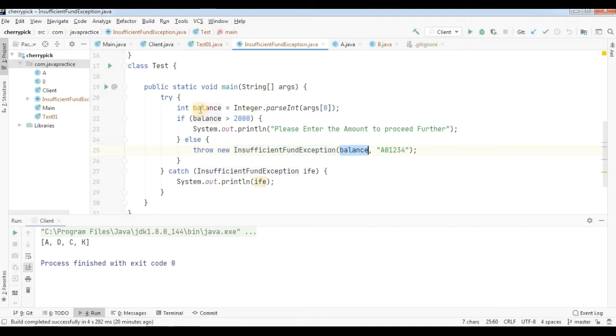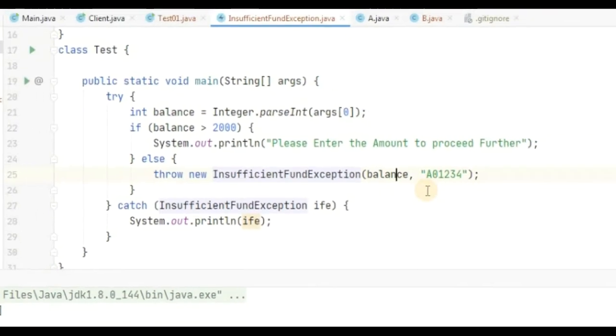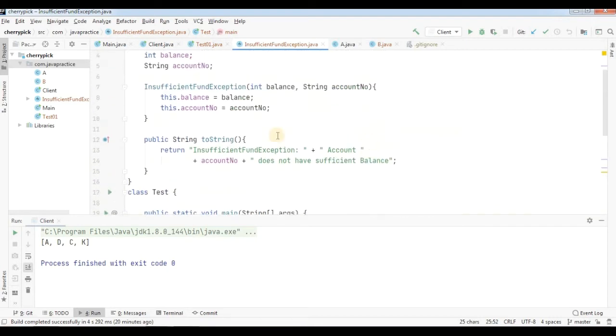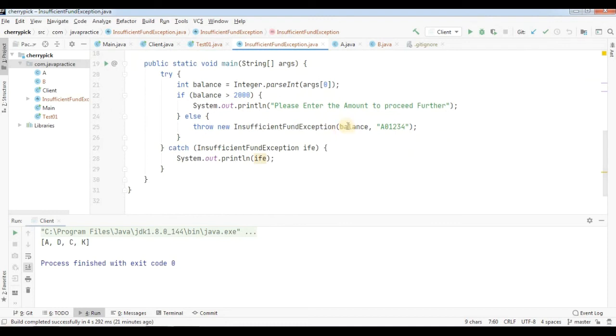Here you can see the balance that is coming over here, I am providing it in this InsufficientFundException class, because we are using this exception where we are providing two arguments, one is the balance and second is the account number. So we have to provide the balance that is coming from the command line argument, and for the account number I simply hard coded the value A01234.